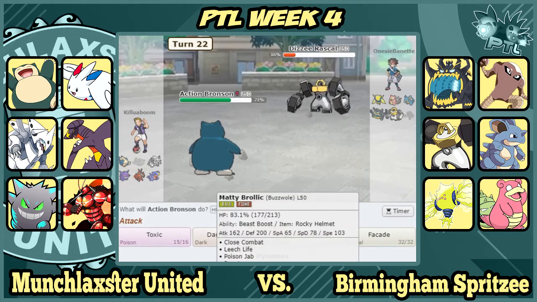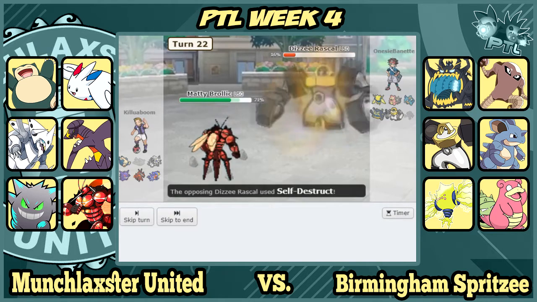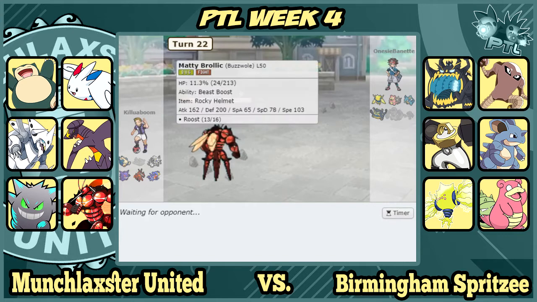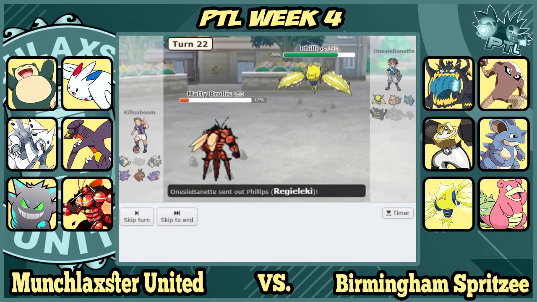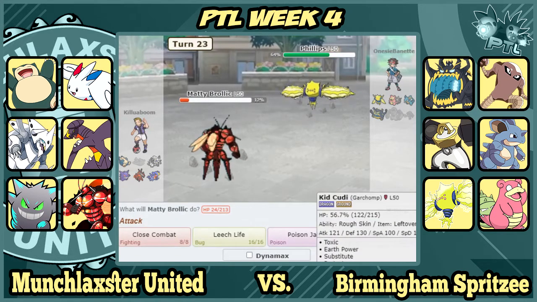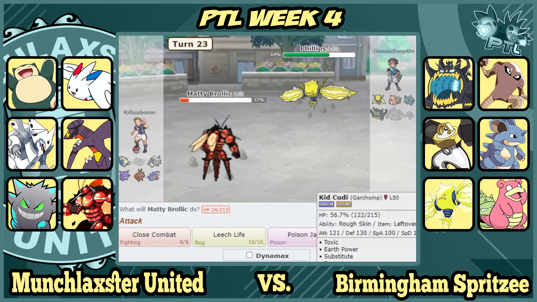So I just go BUZZWOLE, right? And this thing just dies. Yeah, I think that's really the only thing I can do. Oh, that's interesting. Alright, cool, cool. So Regieleki comes in now. Should I leave this as a sack? It dies. Does it die to rocks? I don't know if it dies to rocks. I kind of don't want Garchomp to take another Body Slam. Because if this thing...